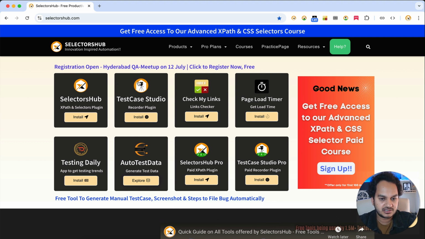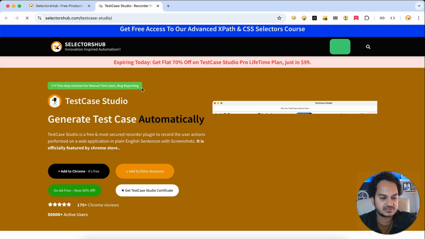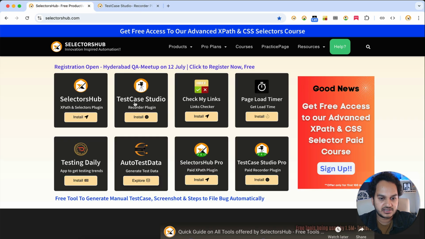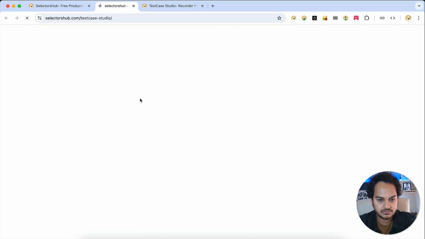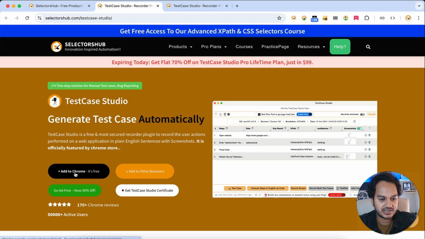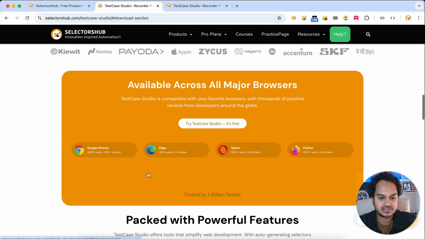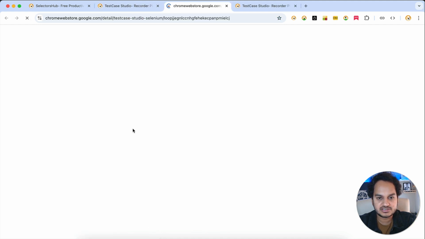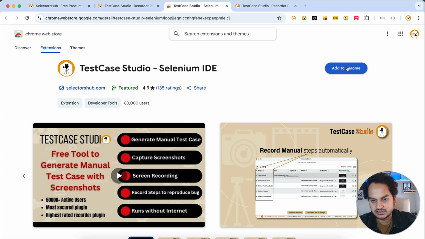So first, for the free version, go to the SelectorsHub website and click on TestCase Studio, and here you will find Add to Chrome. If you want to add it on any other browser, just click here and you will find the links for all of them. So let's say you want it for Chrome, click on this, and here you simply have to click on Add to